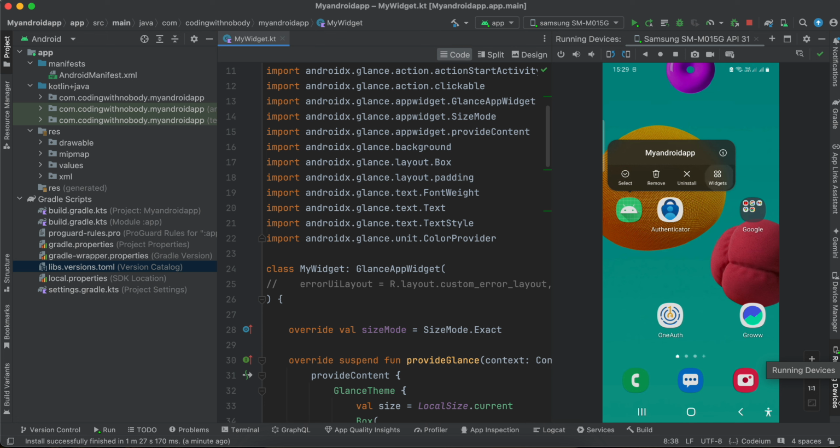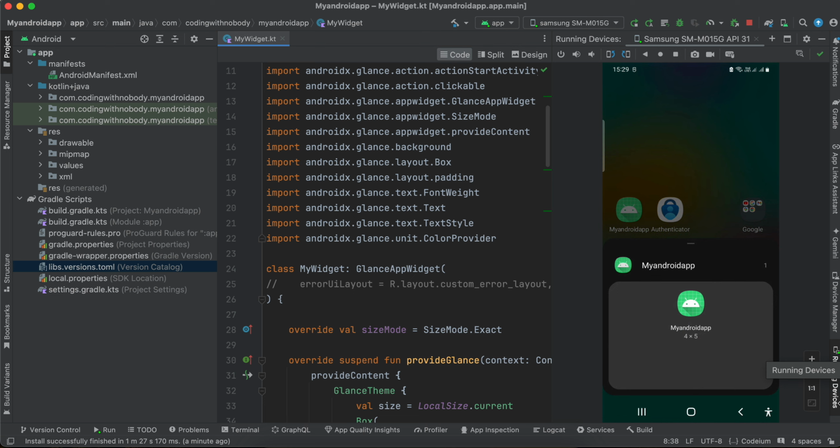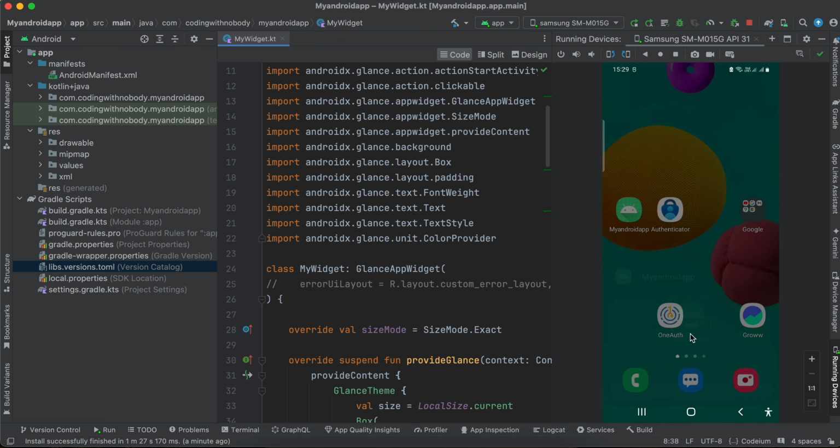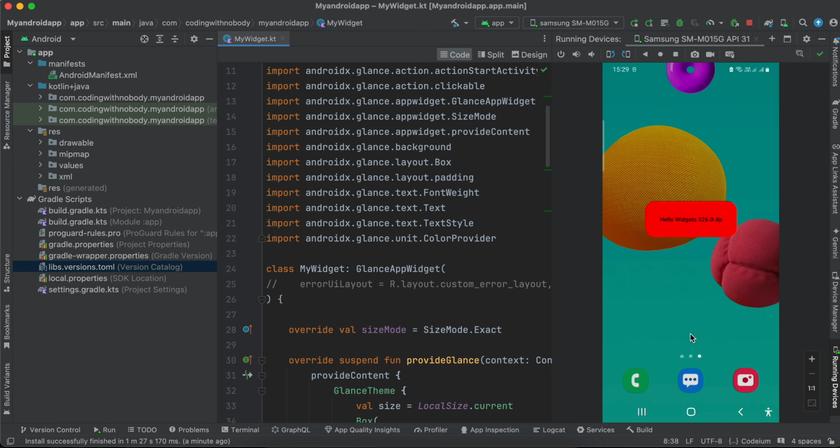click on widgets. So once you click on widgets, here it shows this. I don't know how to get rid of this 4 into 5. I don't know what this is, but just click on that and it will show you this add one. I'll click on add, and here you can see first it displays the progress bar and then it actually displays our widget. So this was our widget, right? Hello widgets, whatever is the size of the widgets. So the progress bar which you saw